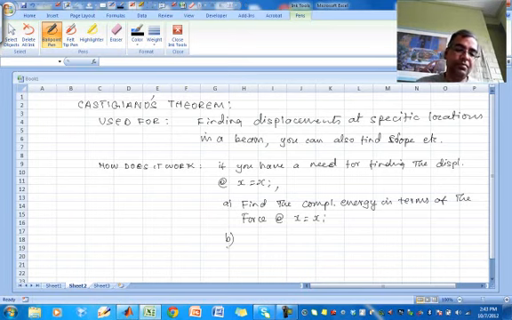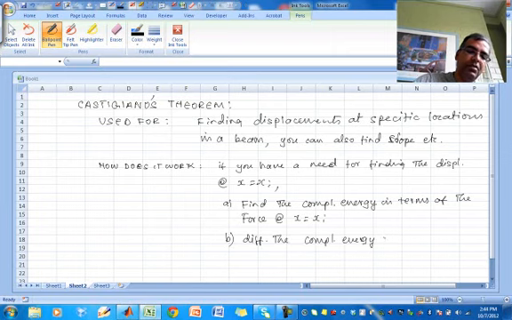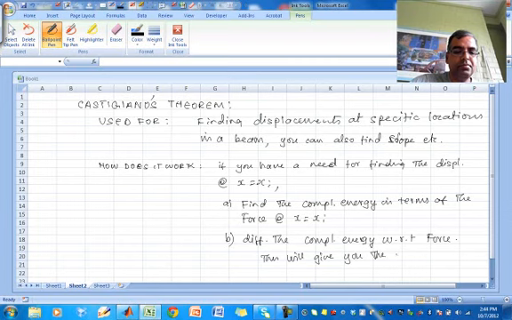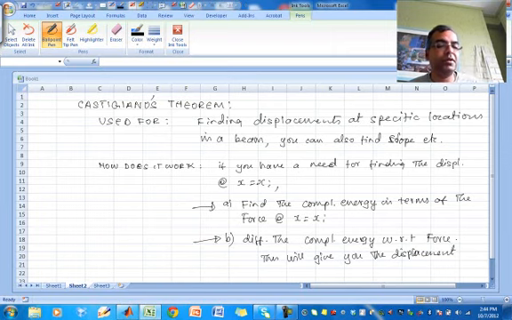Then differentiate the complementary energy with respect to force. This will give you the displacement. That's how it works. So you have to do two things. You have to find the complementary energy, and then differentiate the complementary energy with respect to the